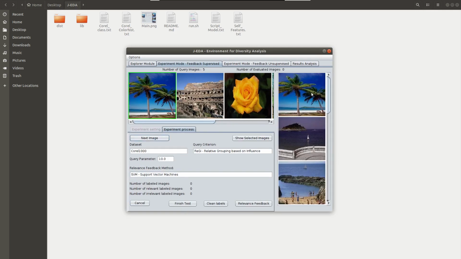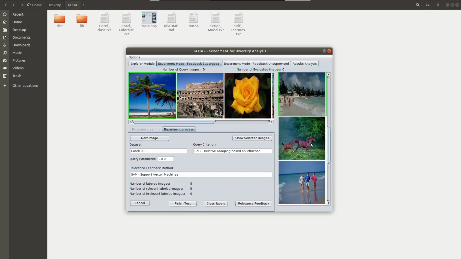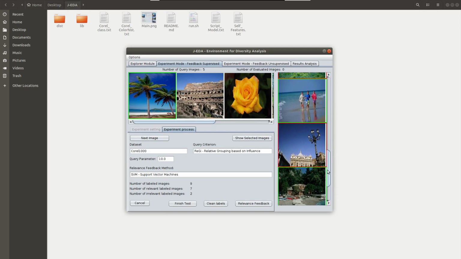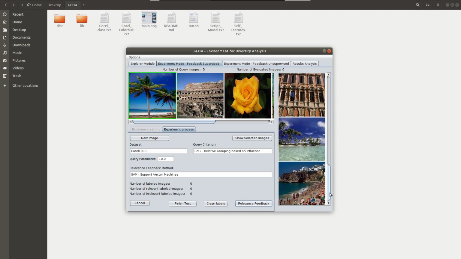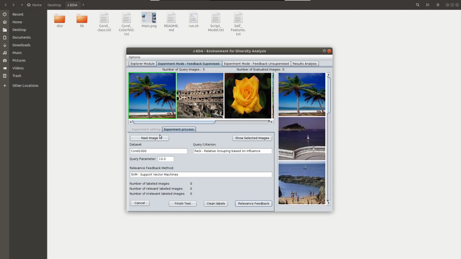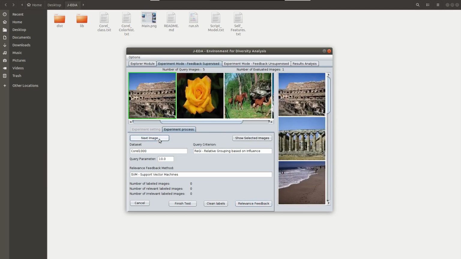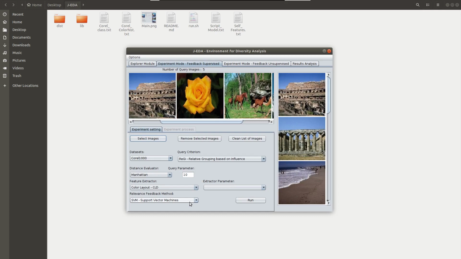When you start, the result of the first query will be displayed. At this point, the user can analyze the result set, label the images and feed back to the system. As well, proceed to the next query image and repeat the evaluation process, or finalize the evaluation. When finished, the results obtained during the evaluation process will be saved in an external file,